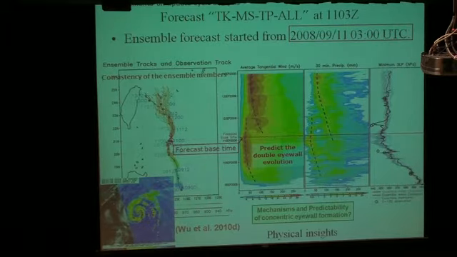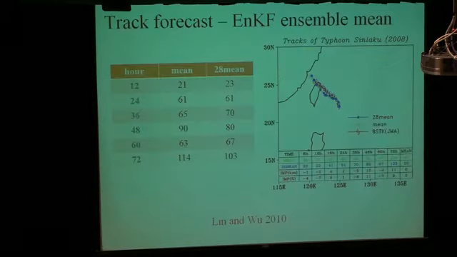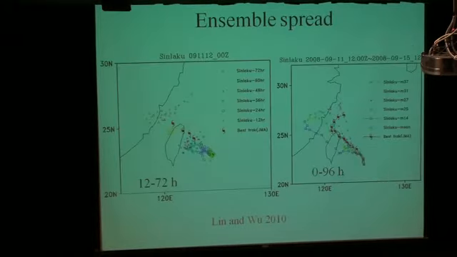So let me finally move on to another interesting case. After that, the tropical cyclone Sinlaku hit Taiwan. So let me show you a topic that is probably related to the main theme of this workshop, Morakot. Well, this is Sinlaku, but we see that this is the ensemble forecast in the final stage. It looks very good. The 72-hour ensemble mean forecast error is on the order of about 100 kilometers, which is not bad. However, if you look at the overall ensemble distribution, you see that there's a huge spread.